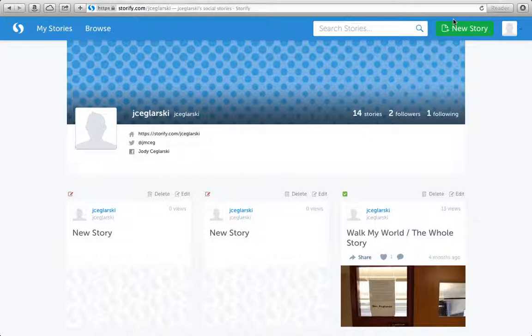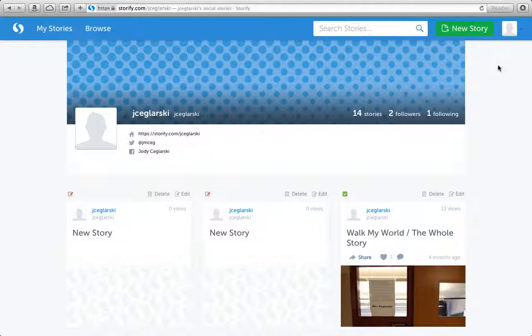And Storify is a really good way for them to import pictures and articles and information that they can then present to me and to the class so that we learn a little bit about each other. And we use Storify a lot during the year, so this is kind of a fun way to construct content online. So the first thing that the students will do is on a Chromebook, which we have a lot of,